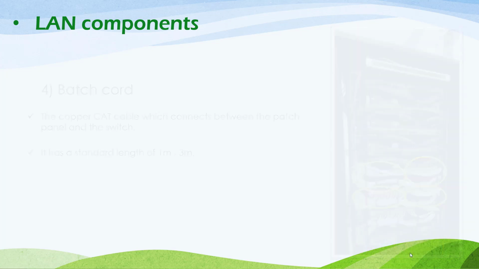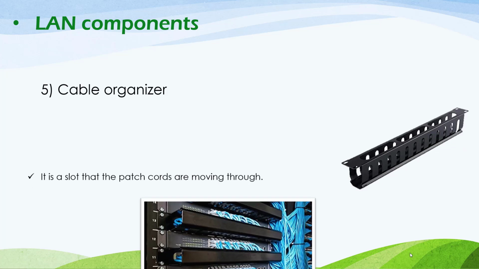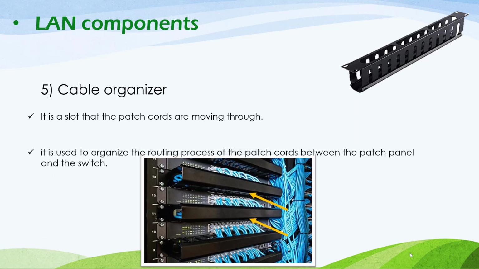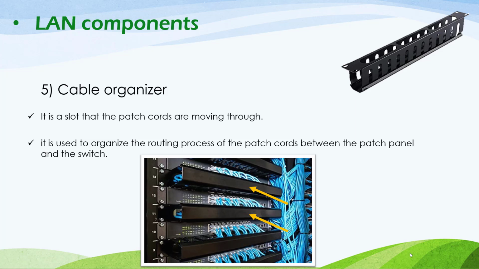Alright. Now the fifth component we have in the LAN network is the cable organizer, and this cable organizer works as a slot or a rack like this one that the patch cords are installed inside it. As for the more number of cables and to make our system more stable, we use this cable organizer for the cables routing process to organize and handle them well during the installation process, and also to help us during the troubleshooting process in case of the maintenance of the cables,